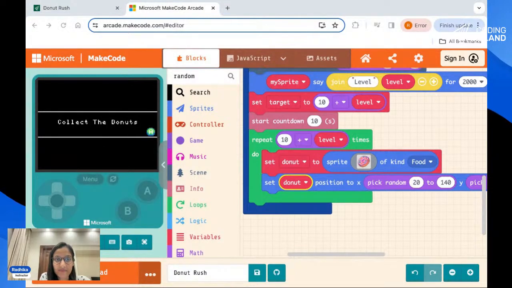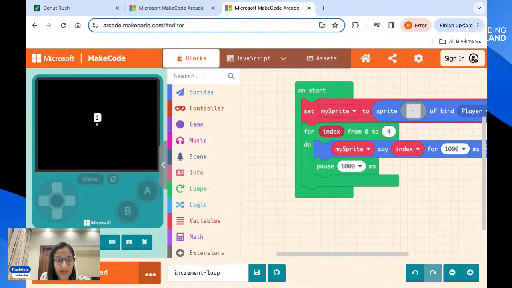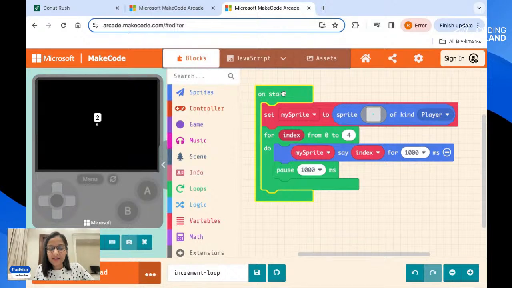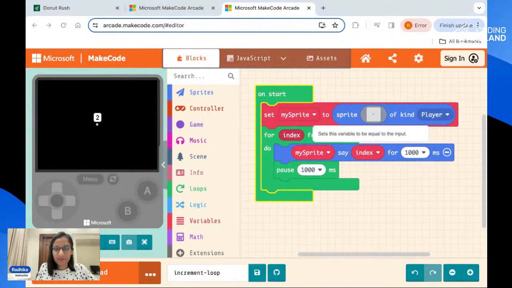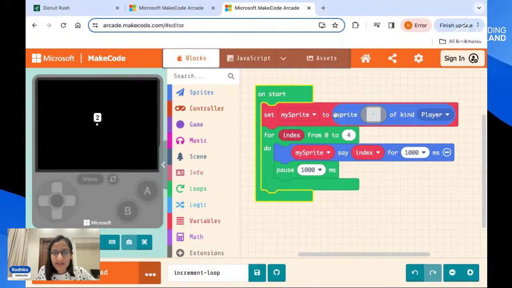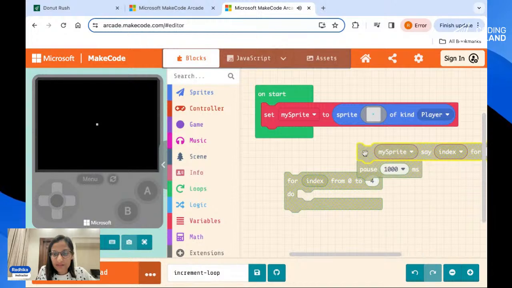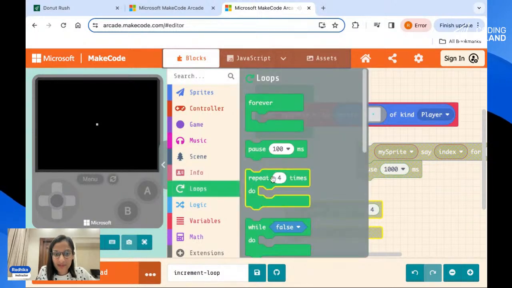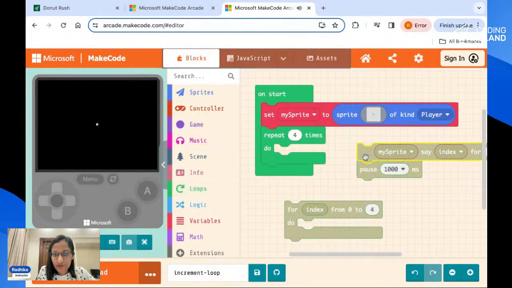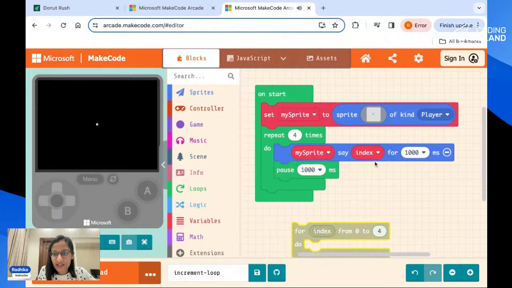The other thing that happens is this. I hope you guys can see this. Okay, this is a dummy project, guys, just to show you how the for loop looks. So what is happening over here? I have a dummy sprite, which is just this dot, and it's speaking the numbers from 0 to 4. So let me use the usual loop for once, and I will say repeat 4 times. Make your sprite say,